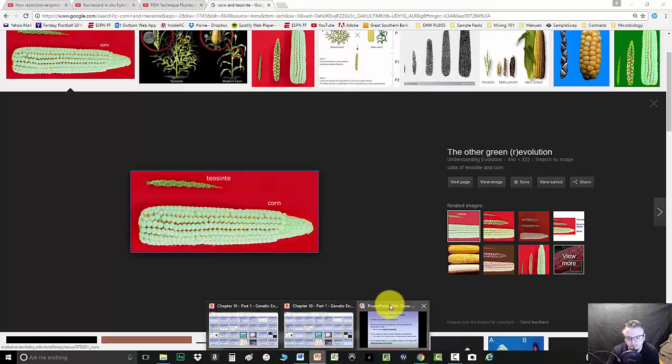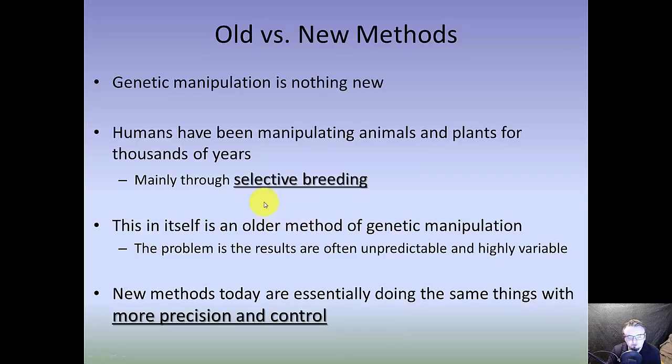So this is the idea of selective breeding, and generally considered natural, and it gives, again, all these highly modified versions of organisms. To put the modern version in context, they're doing the same kind of modification, except with a greater amount of precision and control. And the difference is that you have a lot more precision over what you're doing, as opposed to some of